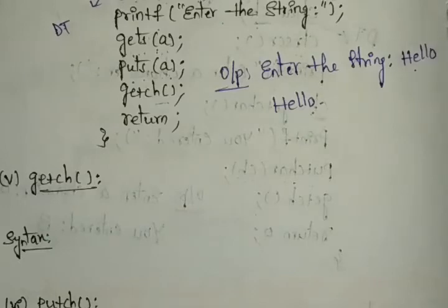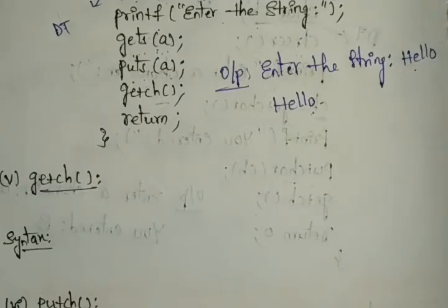So in this getch we are defining this in the form of conio.h, which means console input output dot header file. Once you perform the unformatted input output function, that can be defined with our conio.h header file. Here it is one type of input function. It takes a single character as the input and does not display it on screen.